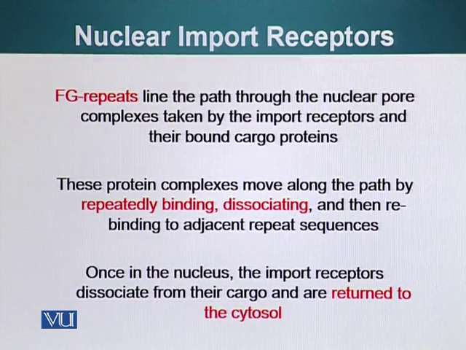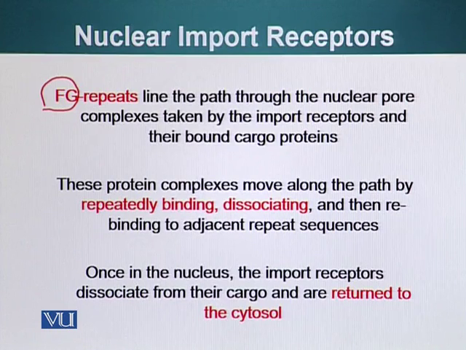After these receptors have bound their cargo, or proteins that have NLS, they bind the nuclear pore. The nuclear pore channel is lined with FG repeats. FG repeats are phenylalanine and glycine. We know these are two amino acids. The nucleoporins, which make the inner surface of the nuclear pore, have abundant phenylalanine and glycine residues. So these nuclear import receptors, once they have bound their cargo, bind these FG repeats which are present inside,